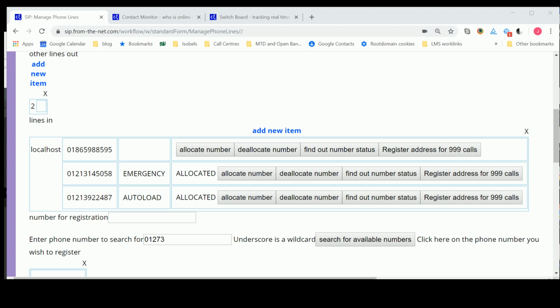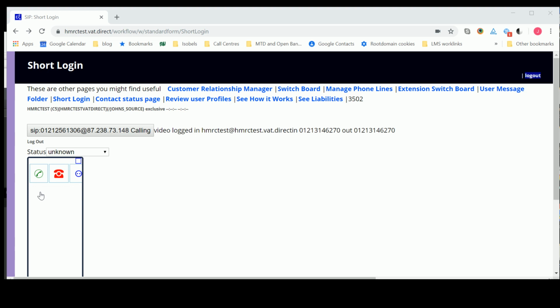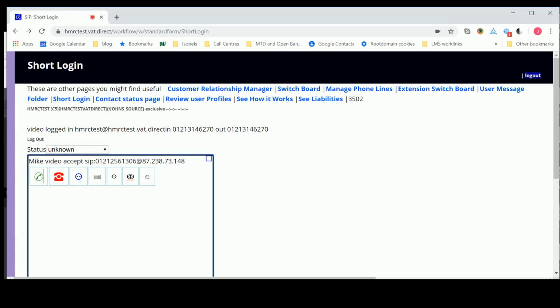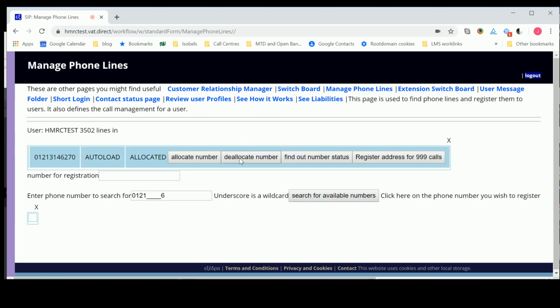Right, now I've put this on a different user, and this one's currently attached to a Birmingham phone number. So if we phone that number, we can answer a number from there, and you can see that that's confusing things a little bit because it's coming out feedback again. Right, so now what we do is we go on to manage the phone line, we deallocate that number,